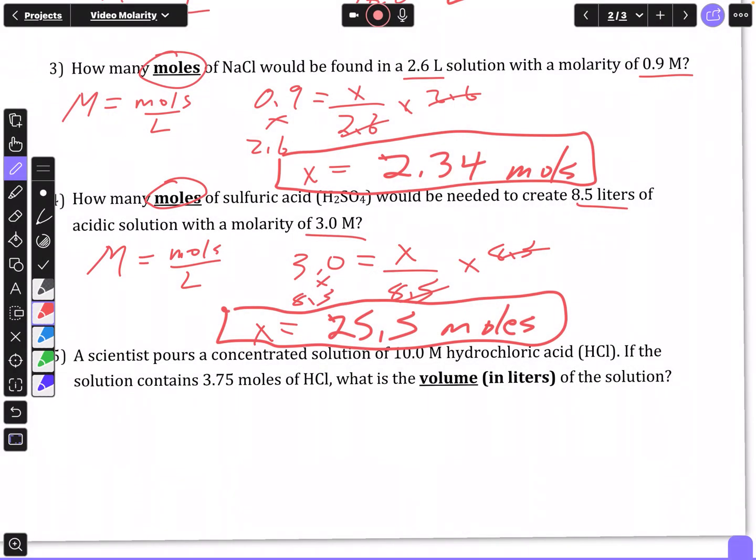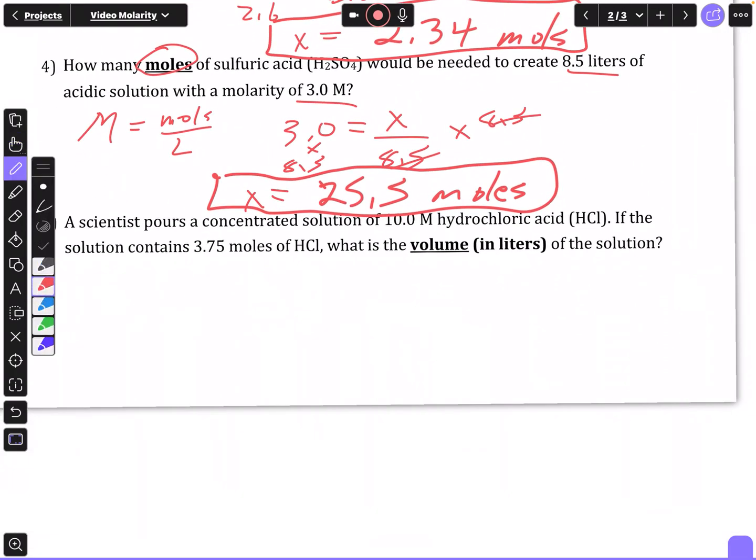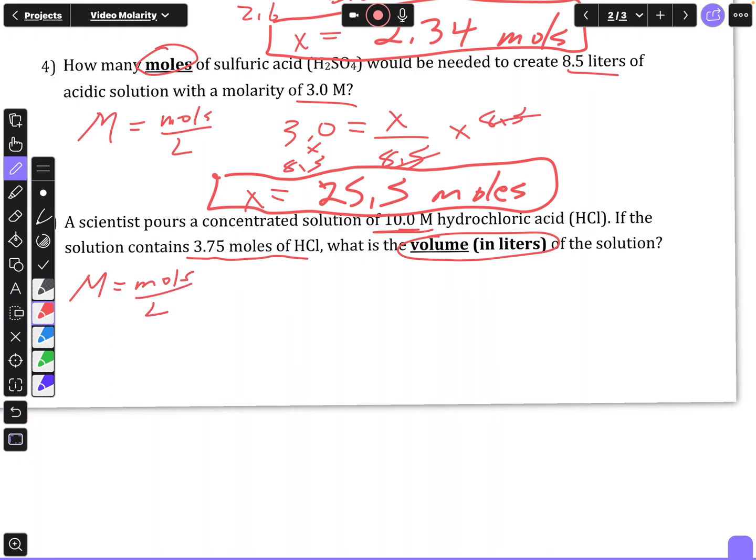So next, number 5, tells me a scientist pours a concentrated solution of 10 molar, so it's giving me the molarity, 10 molar hydrochloric acid. If the solution contains 3.75 moles of HCl, what is the volume in liters of the solution? Alright, so again, I start with my equation. M equals moles over liters. My molarity in this case is 10.0, and that equals, my moles is 3.75,